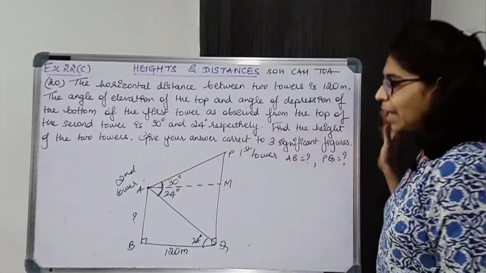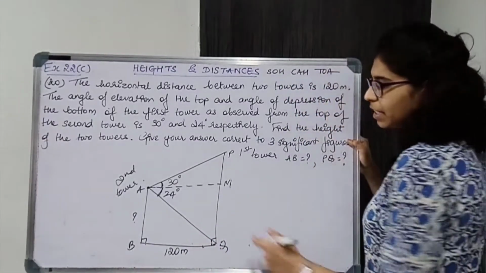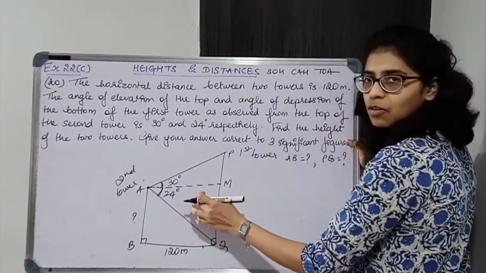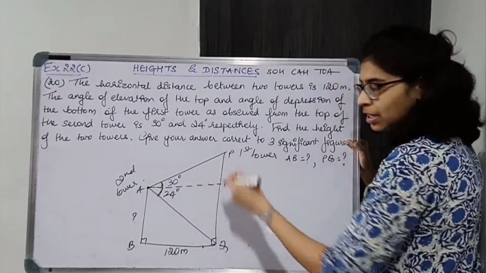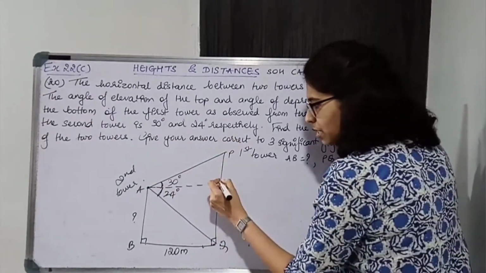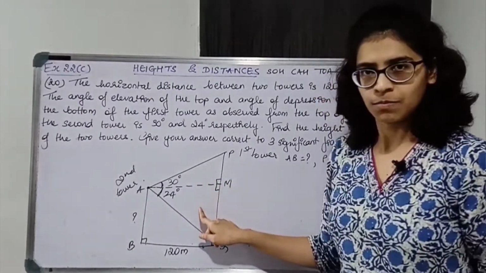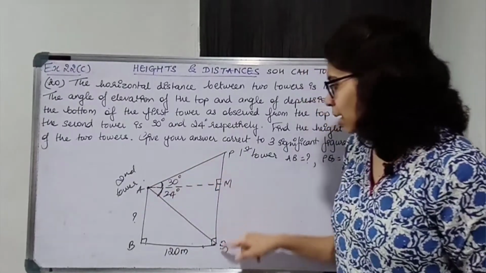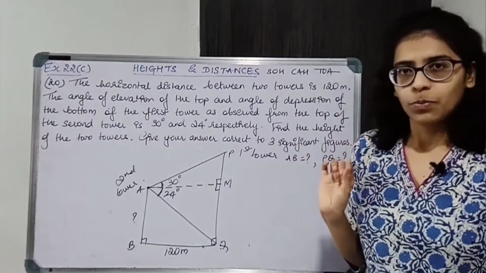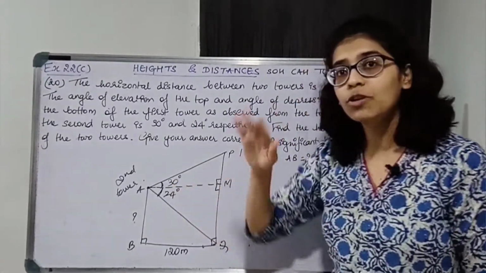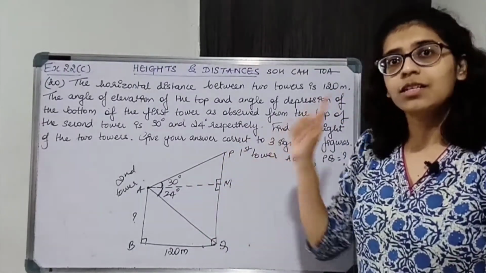Now I'm not going to consider this triangle. I'll be considering these two triangles जिसका angle of elevation and angle of depression दिया. This is the horizontal line, this is vertical, so obviously angle 90 degrees होगा. So these two are right angle triangles, PMA and QMA. Now angles दिया हुआ है. What about the side? Over here in these two triangles we don't know any side, but there is a hint.